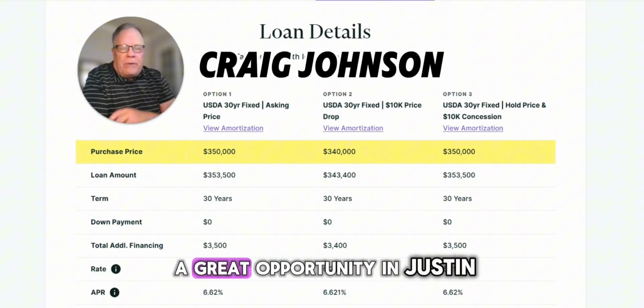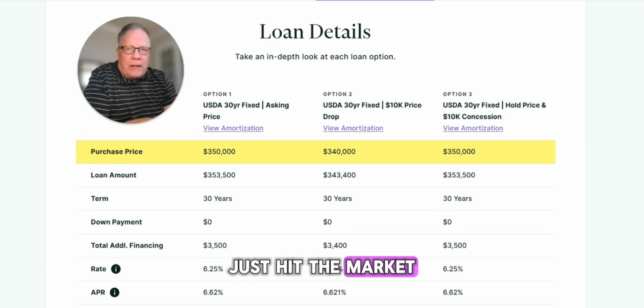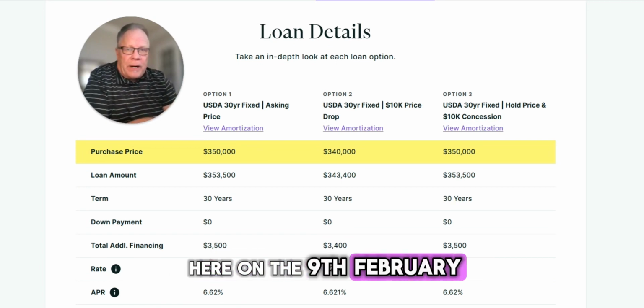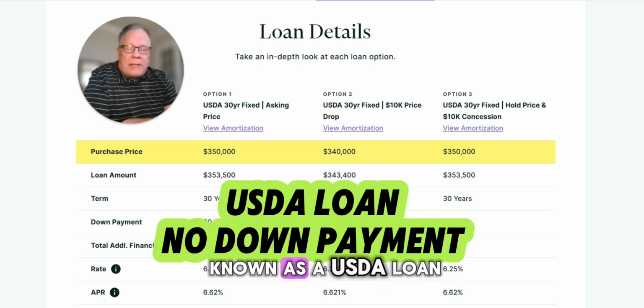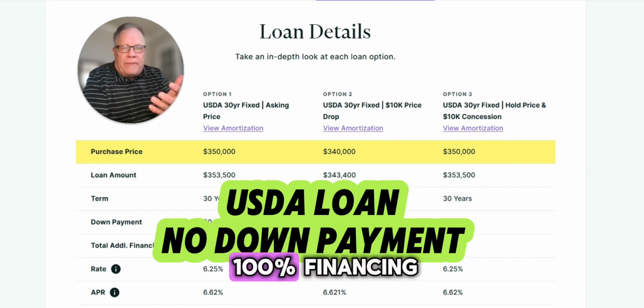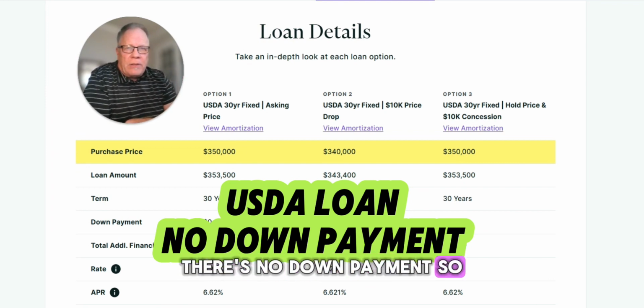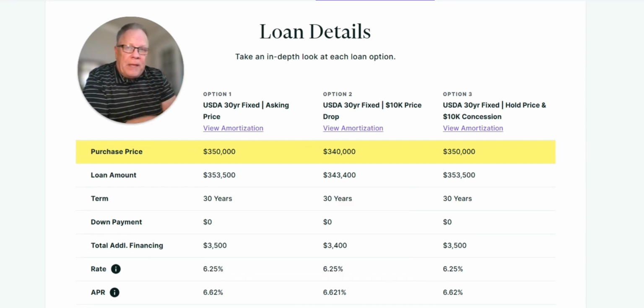Just wanted to share a great opportunity in Justin, Texas. Brand new listing, just hit the market here on the 9th of February. And the home itself qualifies for what is known as a USDA loan, which simply means it's 100% financing. There's no down payment. So I wanted to show a couple strategies here in using the USDA to create the